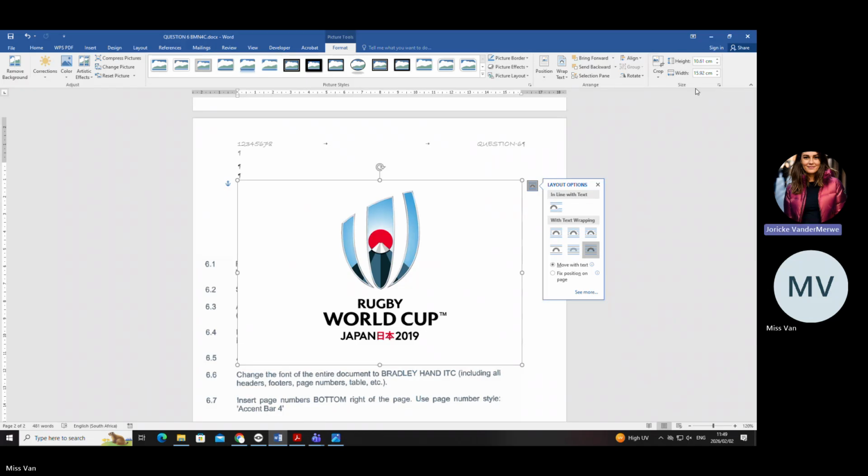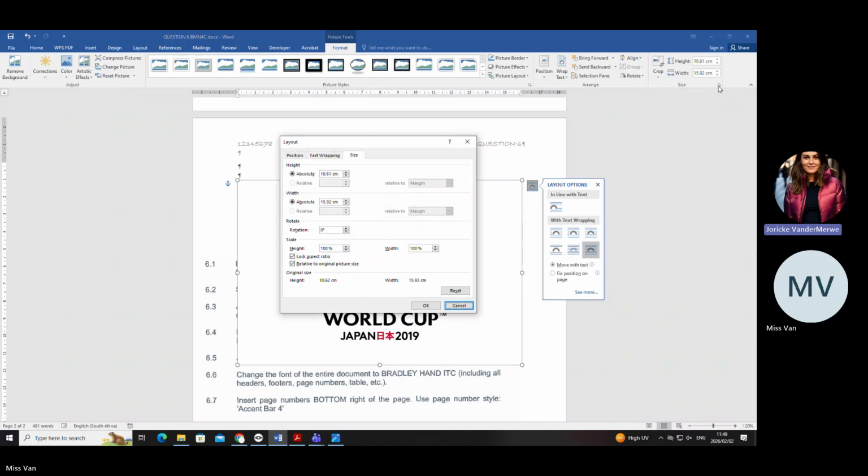You're going to go to the size button there. Can you see I'm going inside there? Okay. When I click that, please make a note for yourself that the lock aspect ratio must always be switched off, except if they ask you only the height.